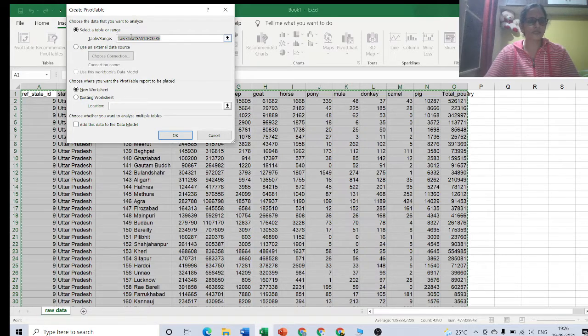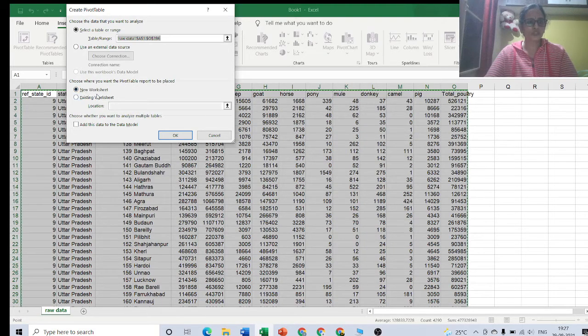I have already selected it, and the data reference is displayed here. If you have not selected, you can click this arrow and select the data. Then you can find one more title, choose where you want the pivot table report to be placed.